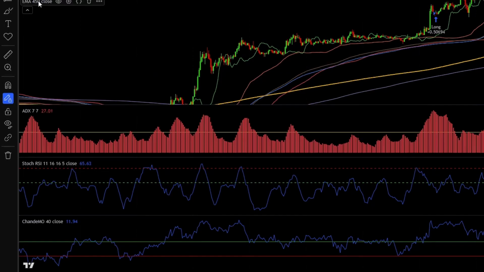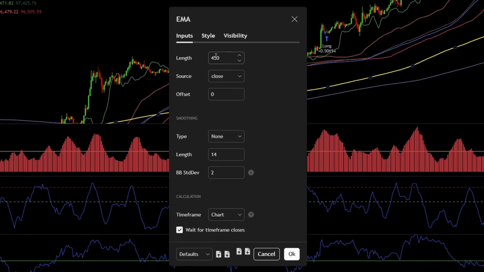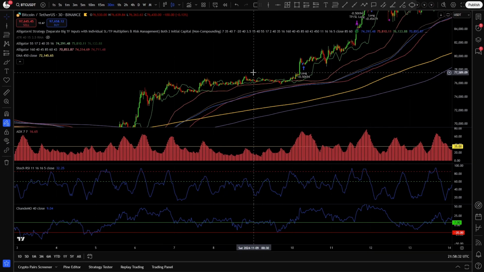And with that, oh, and I forgot the EMA, so open up the EMA. This will be just a simple trend filter, set its length to 450, and you can color it however you like. I used yellow. Now all of the indicators are set up correctly, so let's go over the rules of the